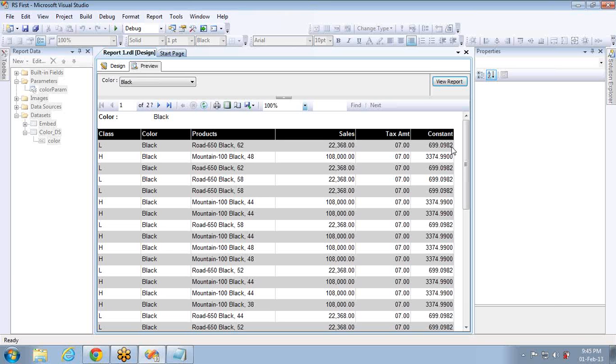If you provide less than, then it will remove the first 4 bit values, and once it is shifted by 4 places, it will get a new value. That value will be converted to integer again. Let me show you an example. 699.0982, let's say it is converted to this value, 10110, something like this,